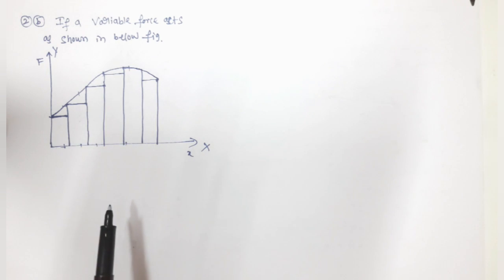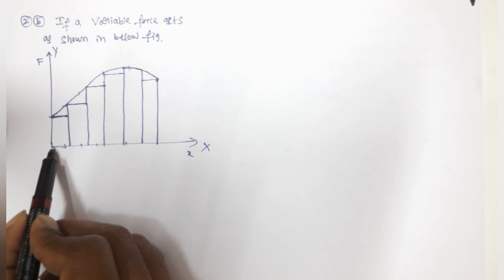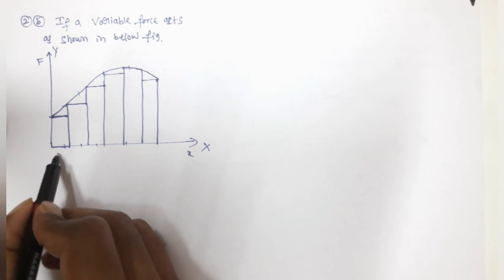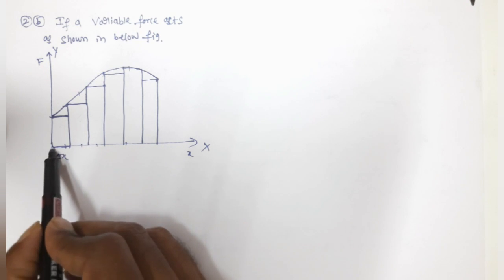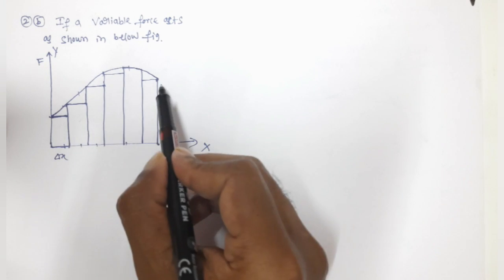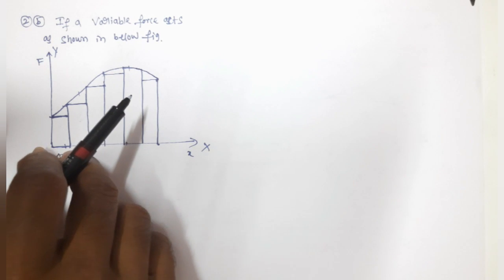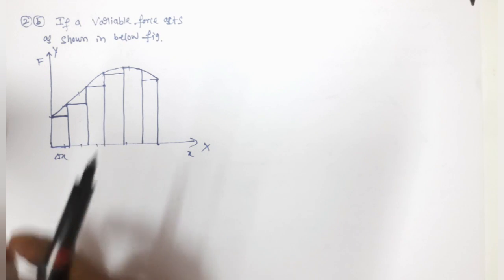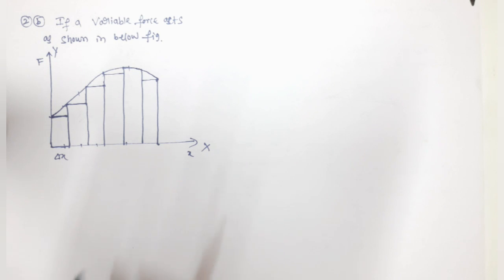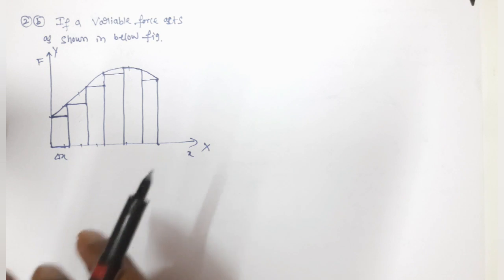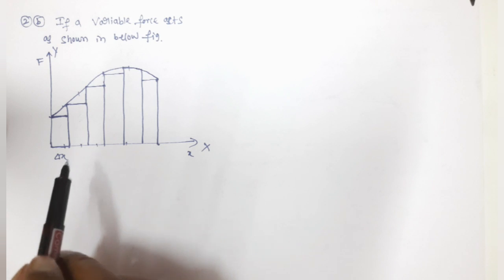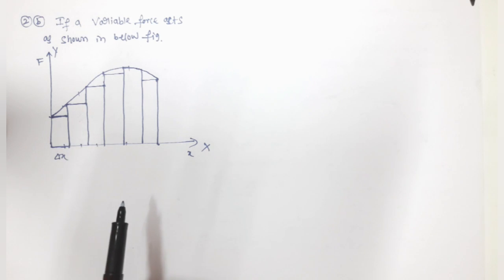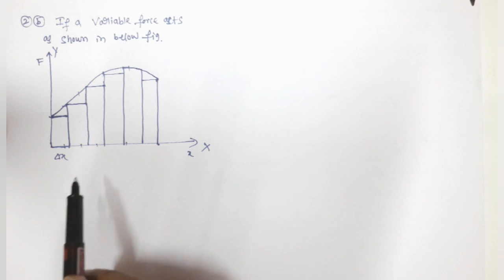So for that, what do we need to do? We have to take the strips like this. We are calling it delta x, right? We take delta x. Force as a whole, when we take the displacement from here to here, is not constant. But whenever you take this displacement very small, for that small displacement, force is constant. So for that small displacement, multiply that force, you will get a small work done. Like that you will get small work done, and you need to add the work done at each and every position. Then you will get the total work done. This procedure is called integration. Now that I will explain.